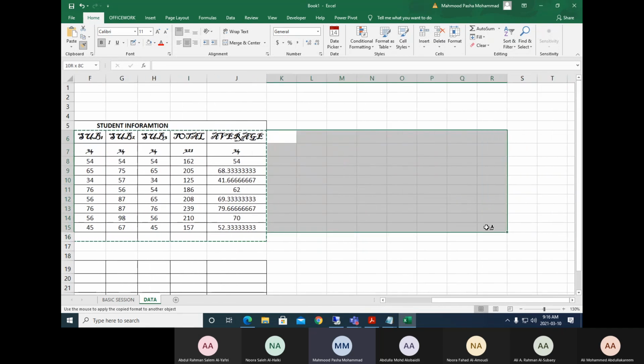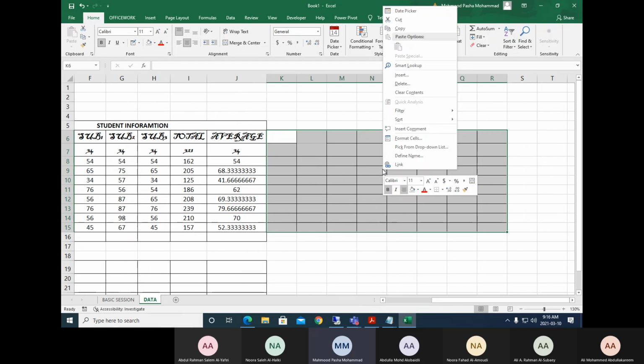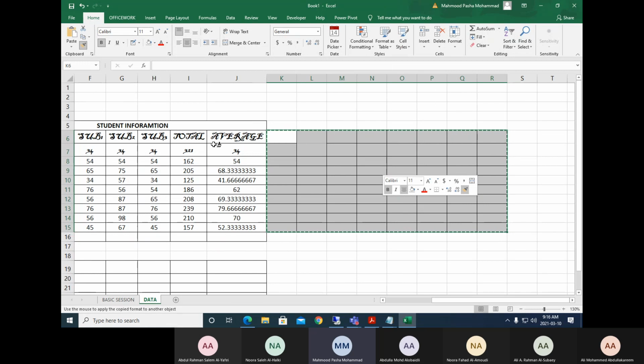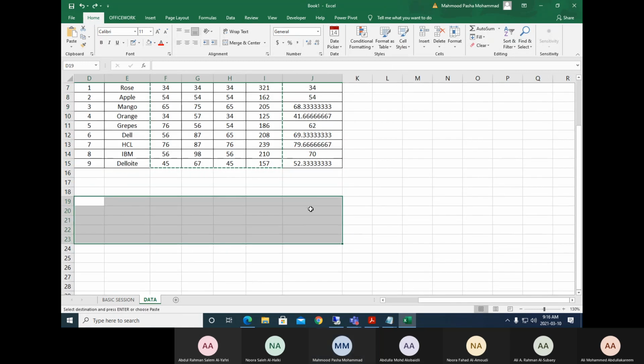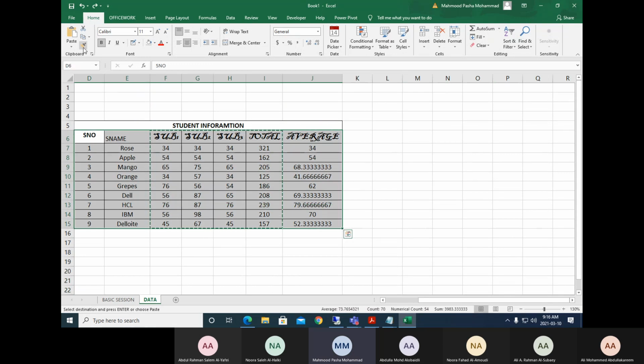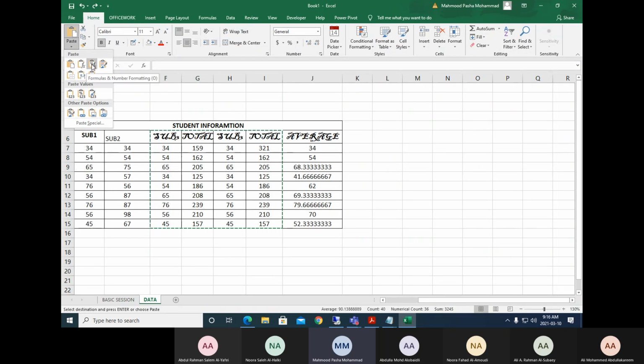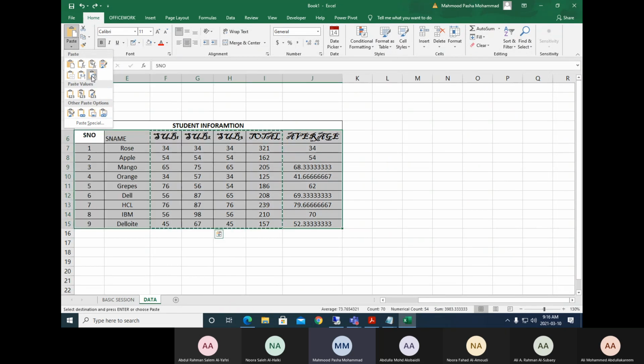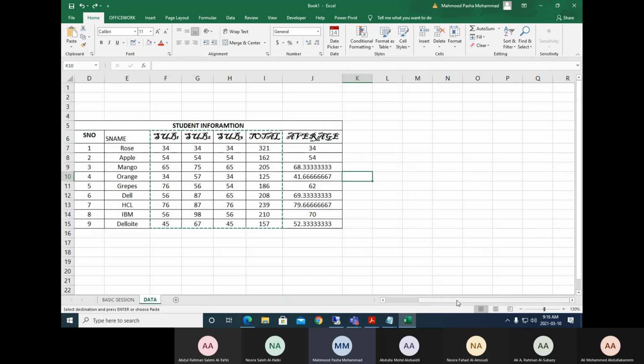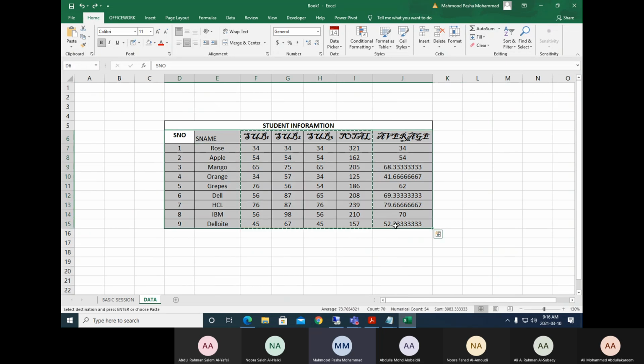Then I will select here. All right. So generally we will be seeing those things. Transpose is something where the data is transposed from vertical to horizontal. So that we will be seeing in the next session, or after the break, no issues.